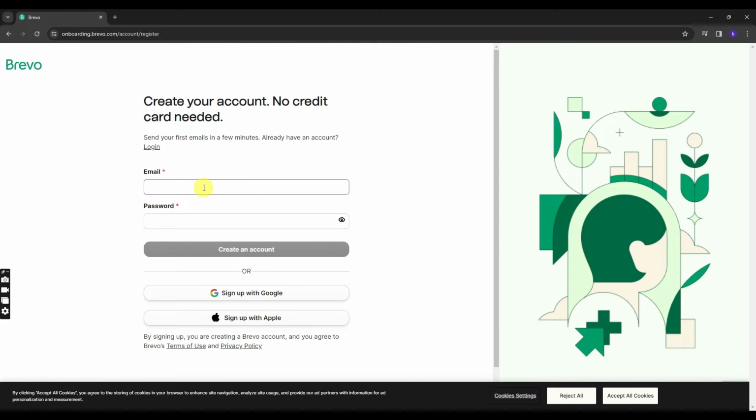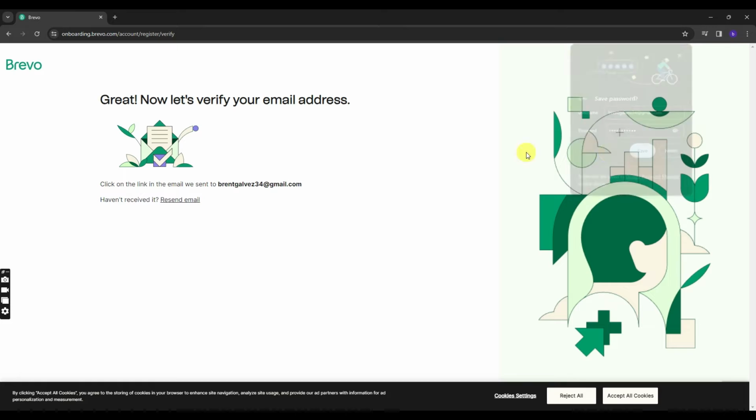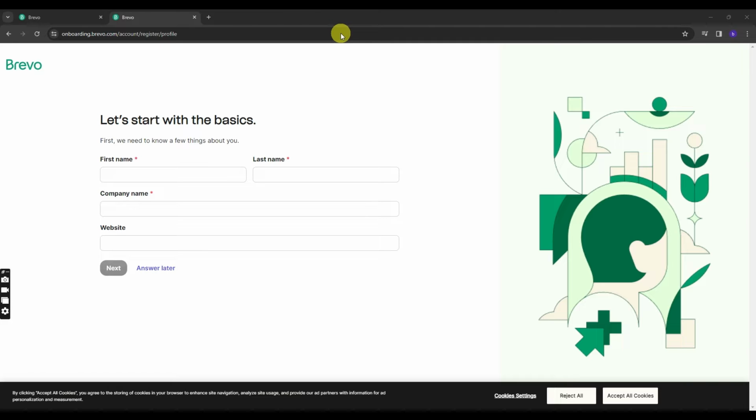From here, you will have to type in your email and put on your password. Then click the create account button. Then here you will receive an email from Brevo to verify your email address. You can just head onto your email and click the link. And after you click the link, you will be routed on this page, and this is where you can start